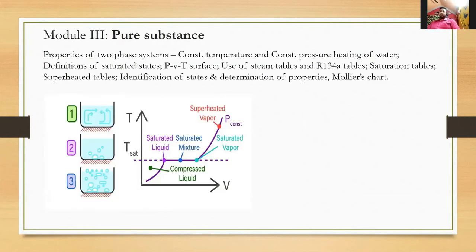More in the pure substance chapter will be the properties of pure substances, which is very important. In the properties, we'll be talking about the phase change in the two-phase system, how the constant temperature and constant pressure lines come up, and how a pure substance behaves. Without understanding that, we cannot go for the application of a thermodynamic system. So whenever we talk about the application part of a thermodynamic system, we need to be very careful that before that you understand the pure substance and its behavior properly.